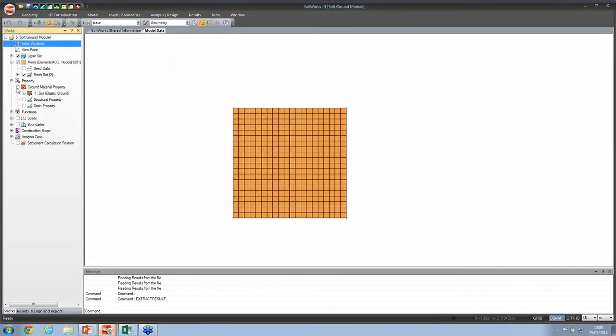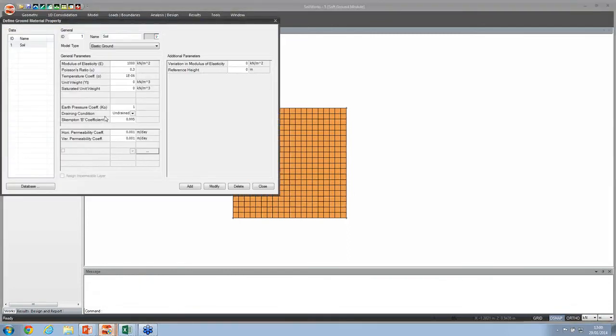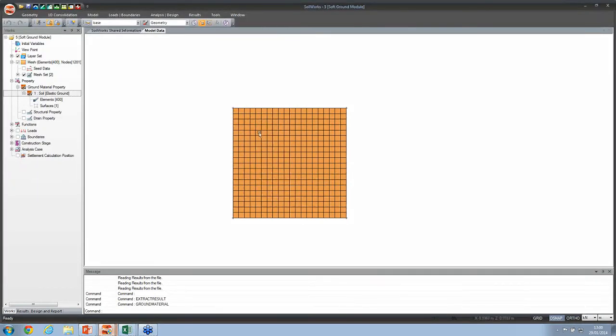So you can see this is a simple mesh of 1 by 1 meters, and for this analysis, the material was assumed as elastic ground and without any weight. So we're not calculating any stresses due to the self weight. We are just concerned with the pore pressures and how they developed as the additional or the external load is